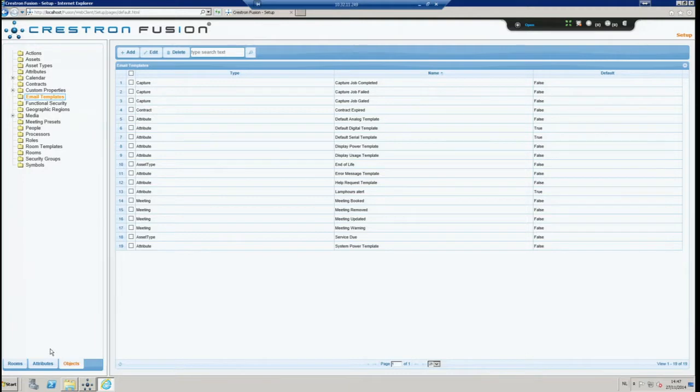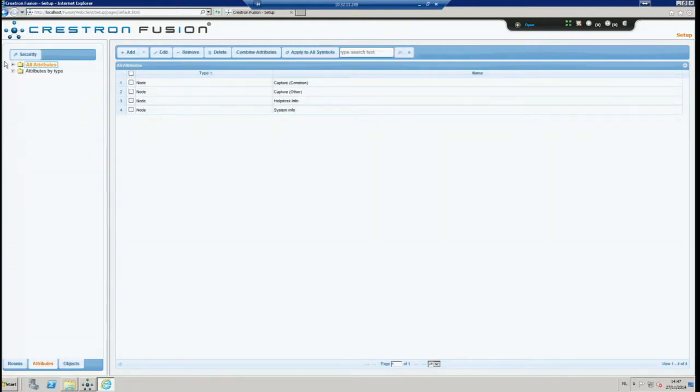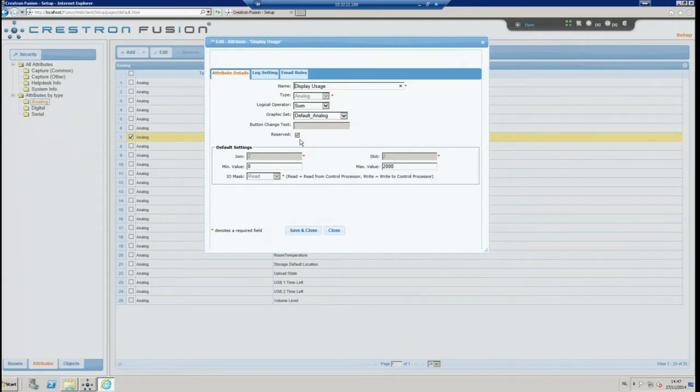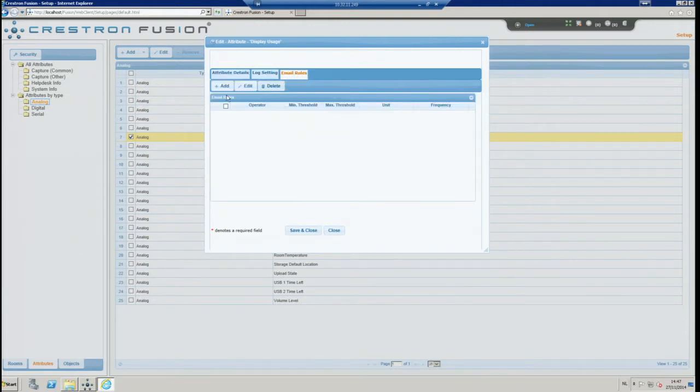Now, to set up the actual email rule on the display usage attribute, go to attributes, attributes by type, analog, and search for the attribute which you want to use. In our case, display usage. Double click, and we have attribute details, log settings, and email rules. Go to email rules, click add,